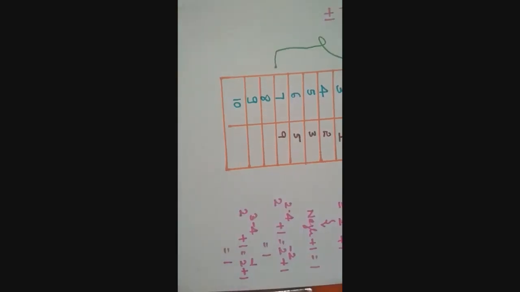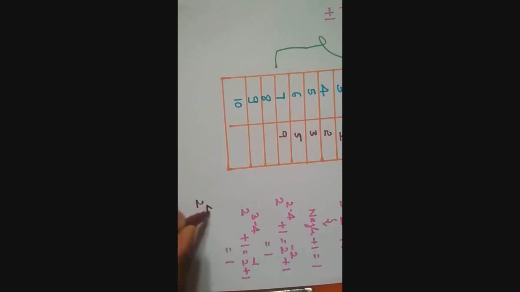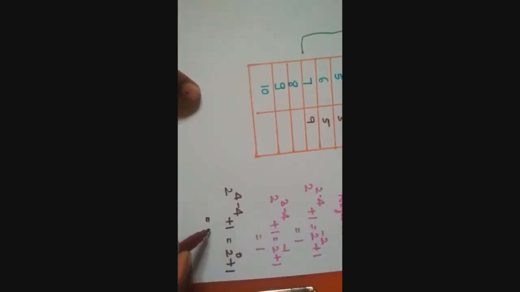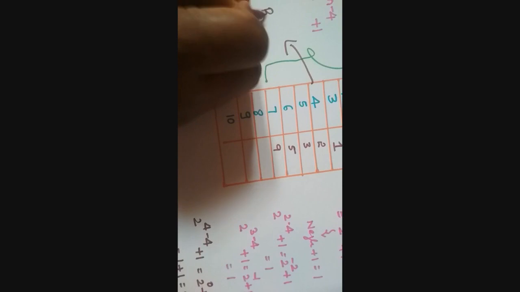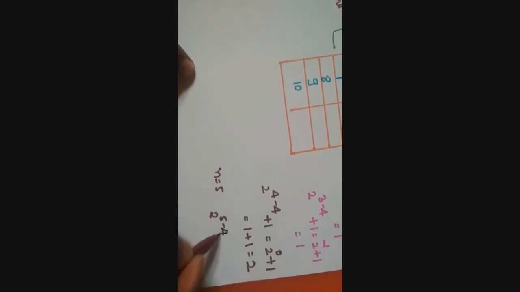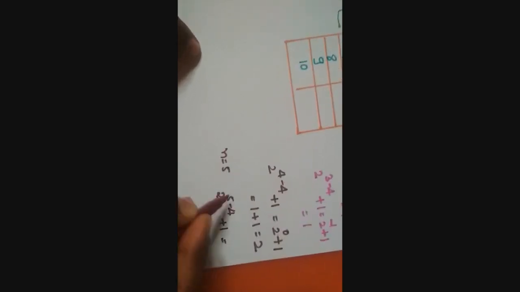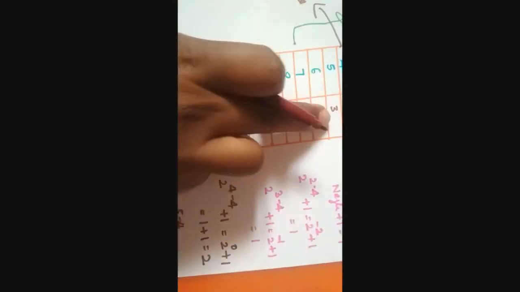If you substitute N equal to 4: 2 to the power of 4 minus 4 plus 1, that is 2 to the power of 0 plus 1. Hence 2 to the power of 0 is 1, plus 1, equal to 2. What is that isomer? This 4 carbon containing compound is called what? Butane. Similarly, you can apply N equal to 5: 2 to the power of 5 minus 4 plus 1, that is 2 to the power of 1, which is 2, plus 1. Hence, in pentane, we expect 3 isomers.